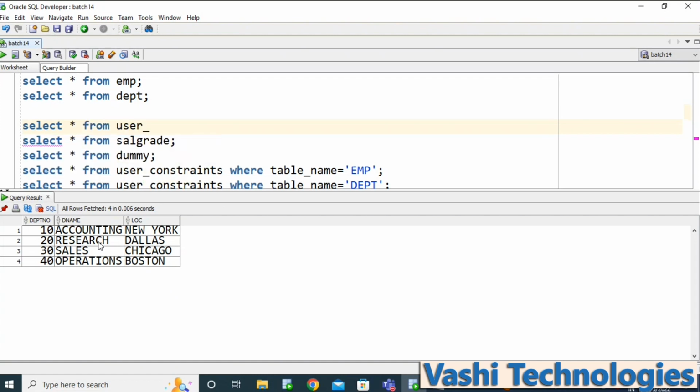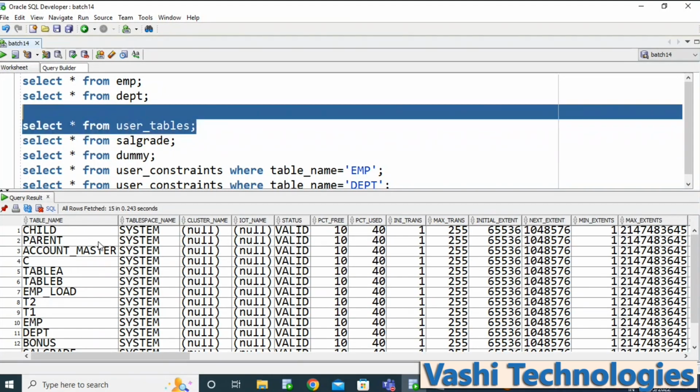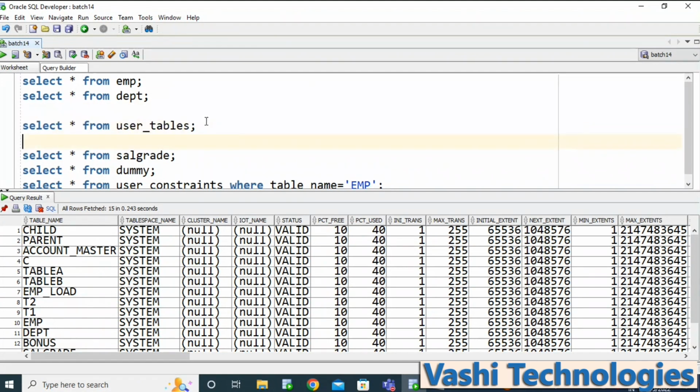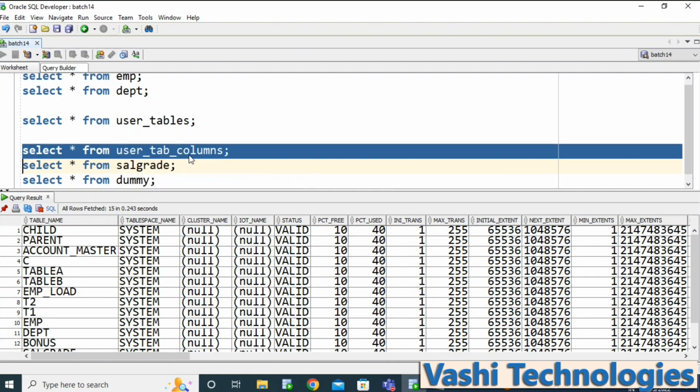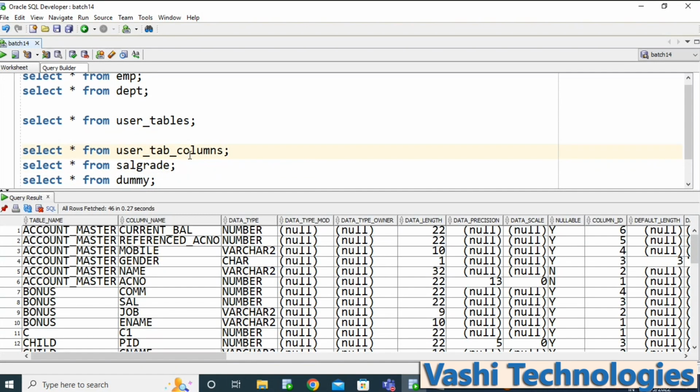The table information is stored in user_tables, and the detailed information on what columns we have in each table, if you want to retrieve that, is in user_tab_columns. This has all the column information where table name equals EMP.